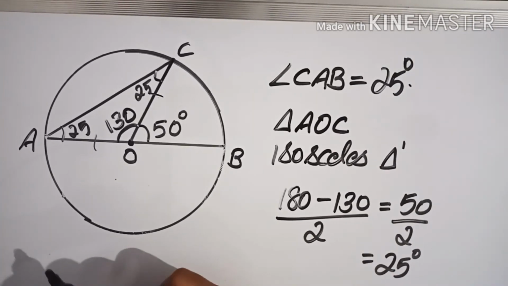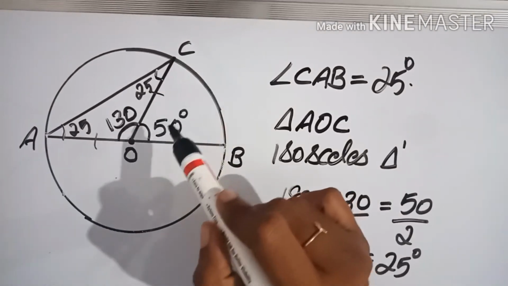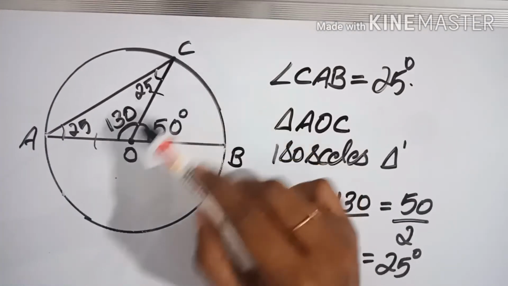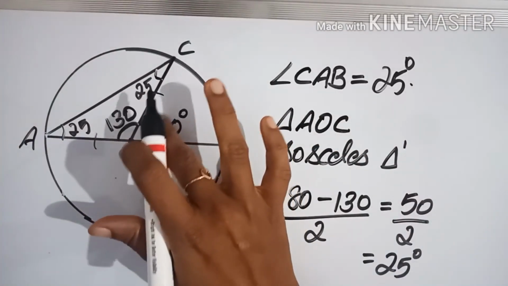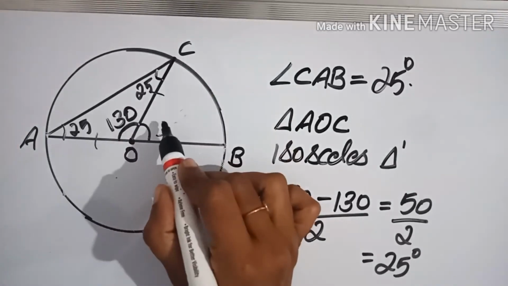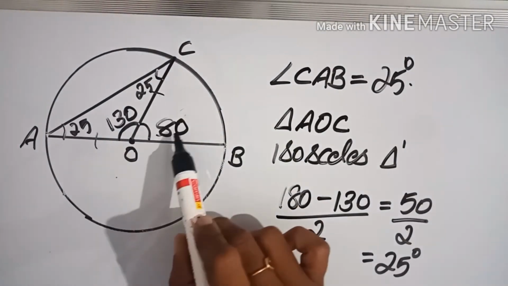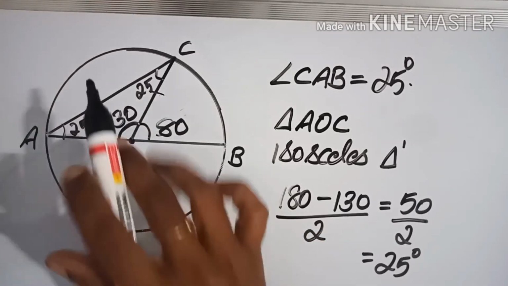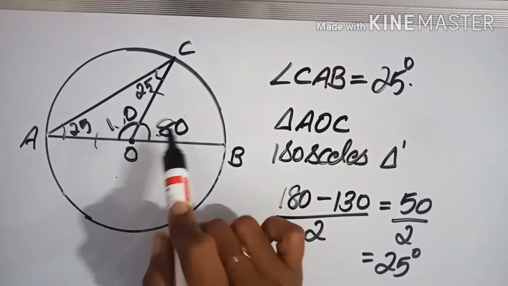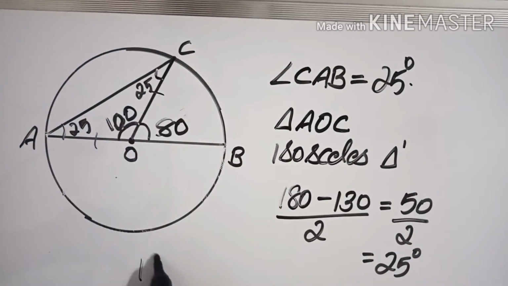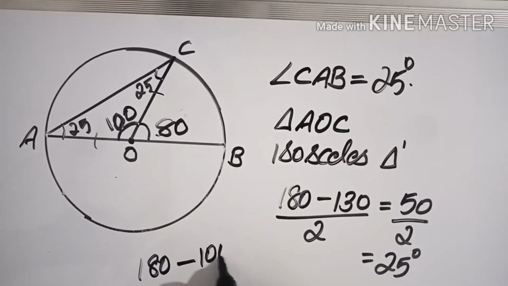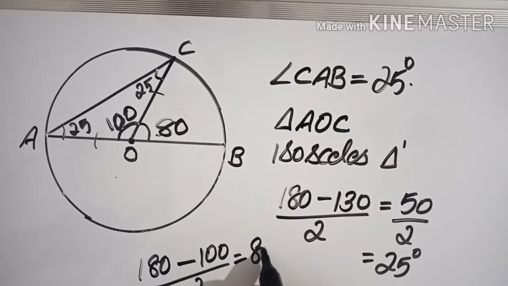Now in the second sub question, it is given that draw another figure same like this and change the angle COB. Instead of angle 50 degree, you need to consider another angle. Let's consider suppose 80 degree. If here it is 80 degree, this will be what? 100 degree. Instead of 130 degree, 180 minus 80, 100 we will get. So what will be these two angles? 180 minus 100 whole divided by 2, that is 80 by 2, answer will be 40 degree.